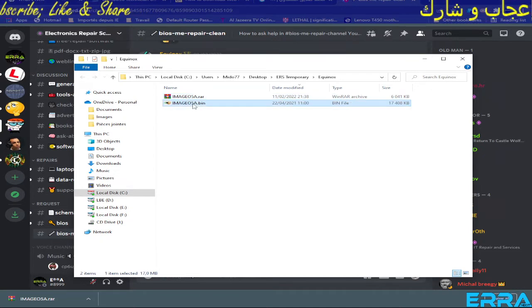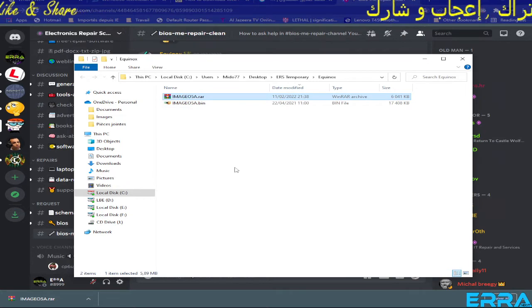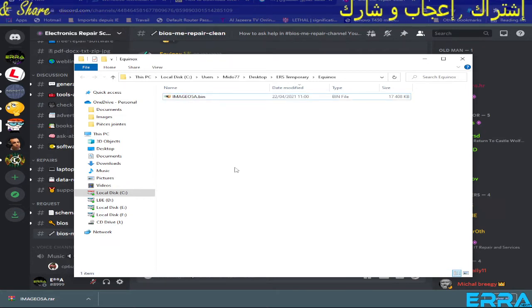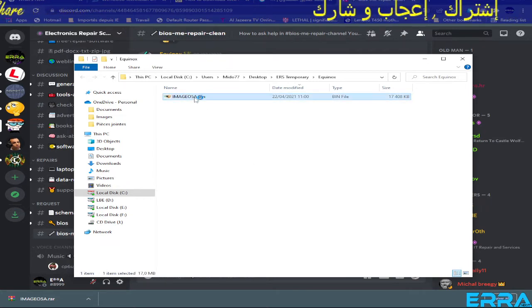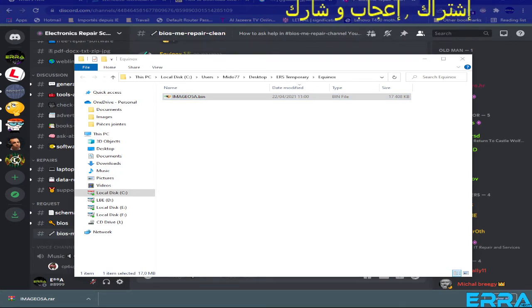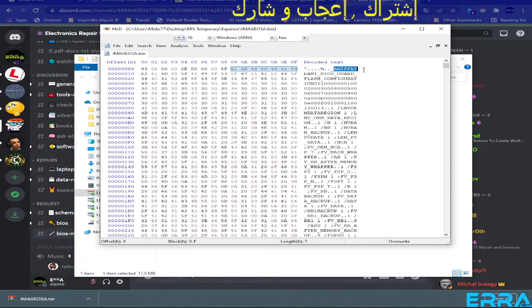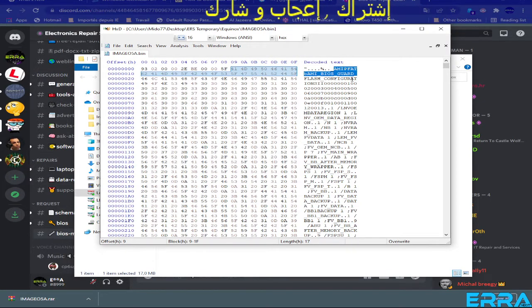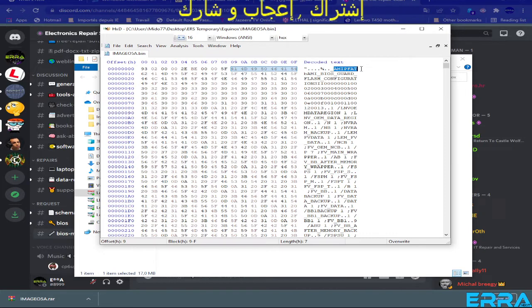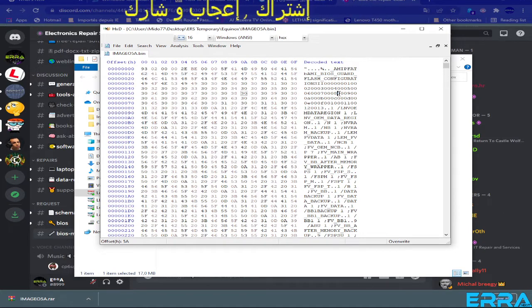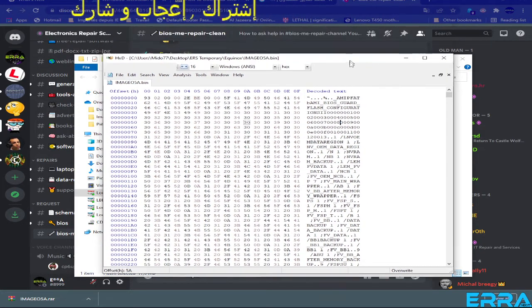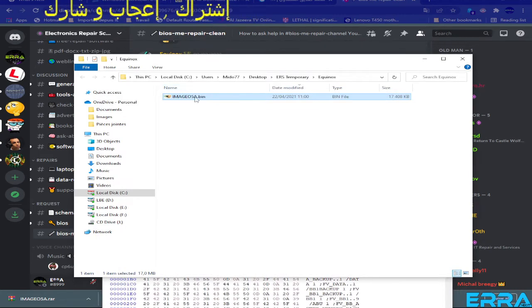Aha, this is not a .exe file. It's not an executable file, as he said in his request. Anyway, let's open it to see what it is. So here, AMI BIOS Guard flash. So this in fact is the binary file that